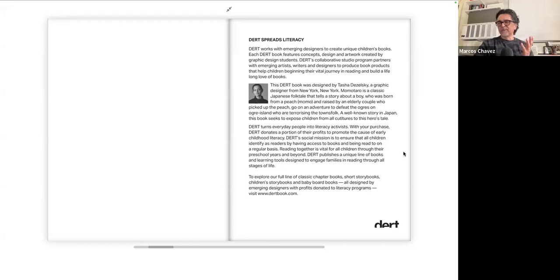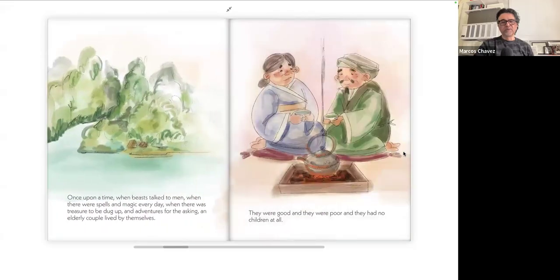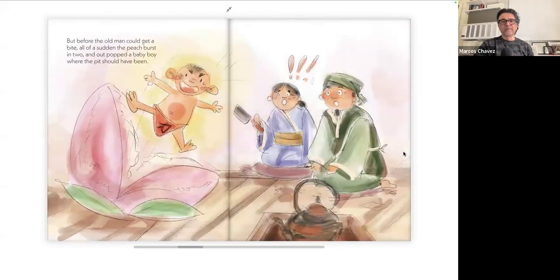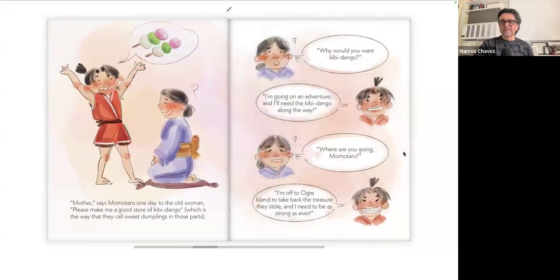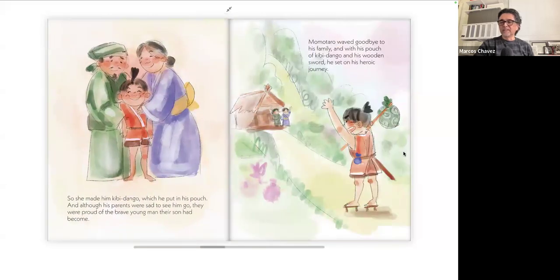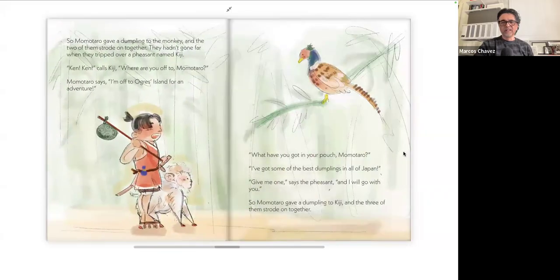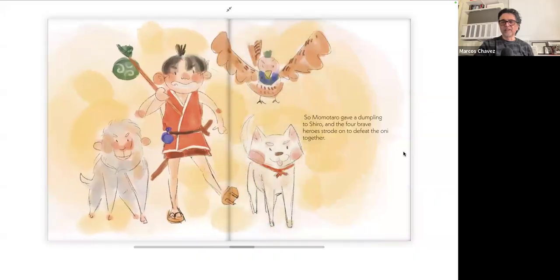So this is really just a great story of the classic hero's journey, and it's just beautifully illustrated, watercolored, painted, I believe. And she wrote the text based on the story, and just updated it to be modern, showing him coming from this giant peach, and then being raised by this elderly couple, and then like all hero tales, having to finally grow up and then leave home and go on this adventure, and along the way meeting friends and comrades that would go along with him as he moves forward towards his goal,